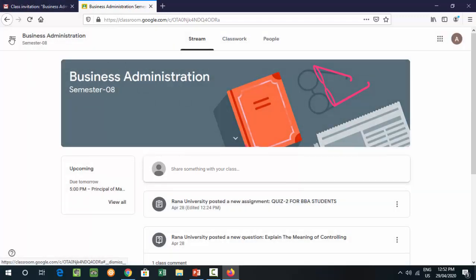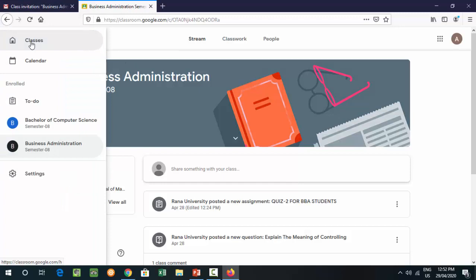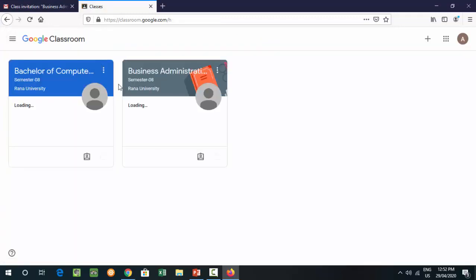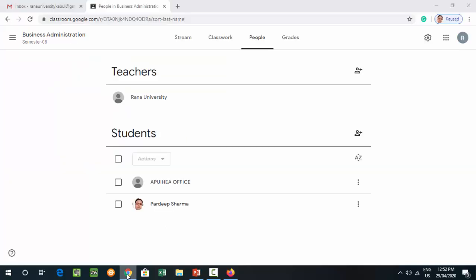And simply if you come to the classes section, you will see that both the classes have been added over here. Now a student can also leave this class. You can unenroll. If you unenroll from this class, then automatically this class will be deleted. Then you need a re-invitation from your teacher to join this class back. And if a teacher wants to delete a particular student, for example, I want to delete Apiha from the list,